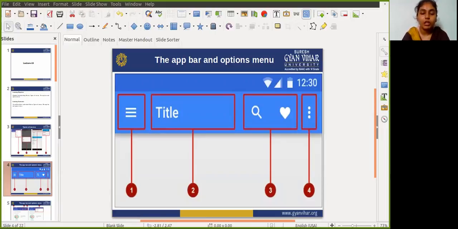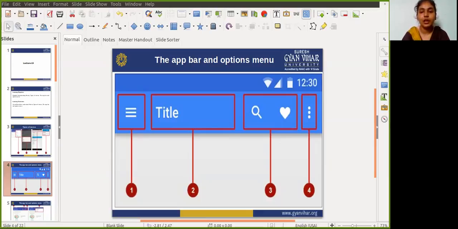It may also include the up button for navigating up to the parent activity, which is described in the next lesson. Okay, in the next chapter we will discuss this, but here we will talk about the option menu in the app bar, which provides navigation to other activities in the app or the primary options that affect using the app itself, but not ones that perform an action on an element on the screen.